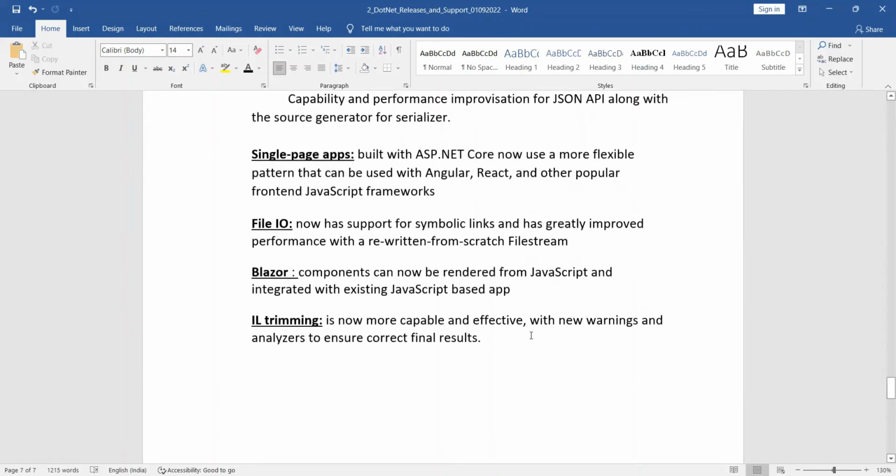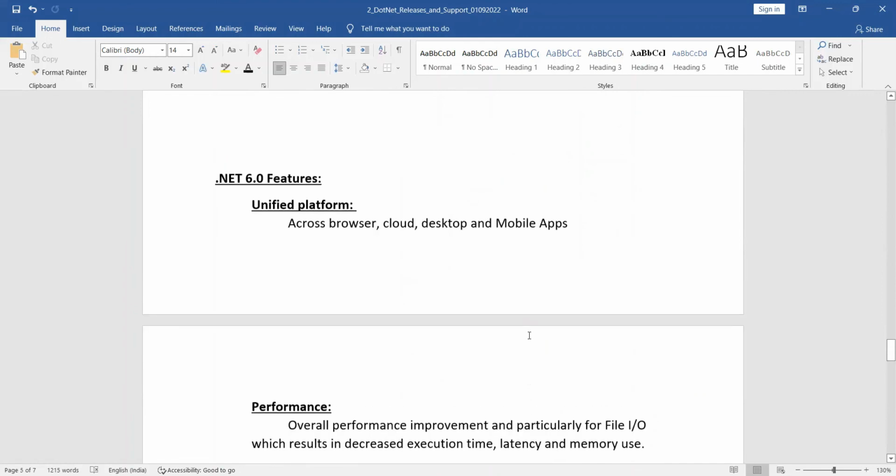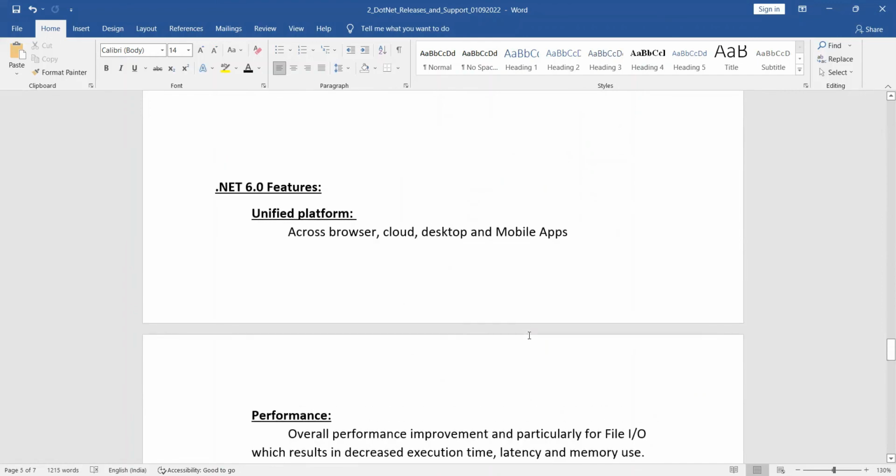So these are the characteristics or features included in .NET Core 6.0, and we will be using this particular version for our session for the development of new apps. Whatever we develop in this session will be developed in .NET Core 6.0 along with Visual Studio